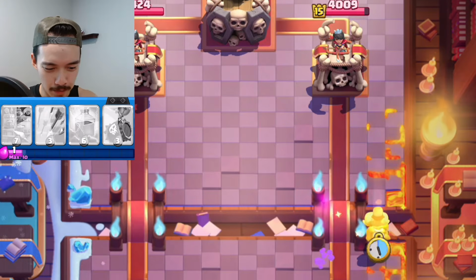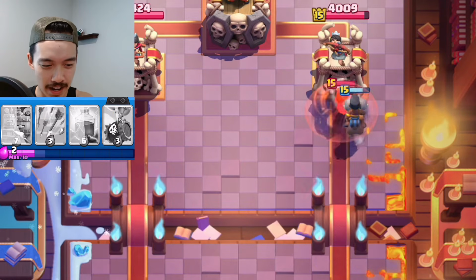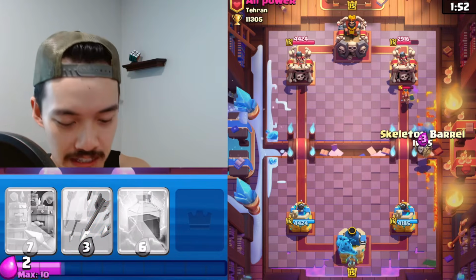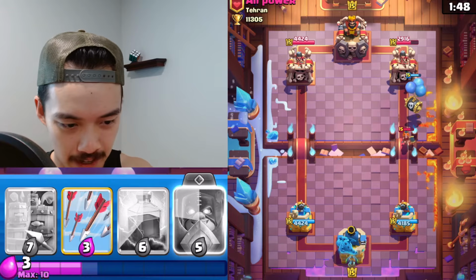He's got Goblin or E-Giant, and he's got the Goblin Barrel with the Firecracker and Witch. So if you see a lot of these crazy random decks, definitely feel free to use this. It's going to be amazing, amazing stuff. So I think for the most part, I might...